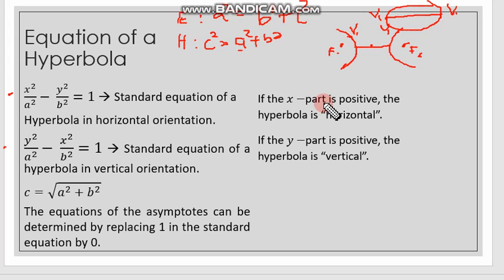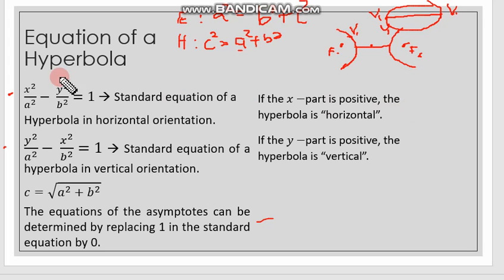Okay? So the equation of the asymptotes can be determined by replacing 1 in the standard equation by 0. If we make our standard equation equal to 0, we can get the equation of our asymptotes. We just equate it to 0, and we get the value of the equation of our asymptotes. Okay, so